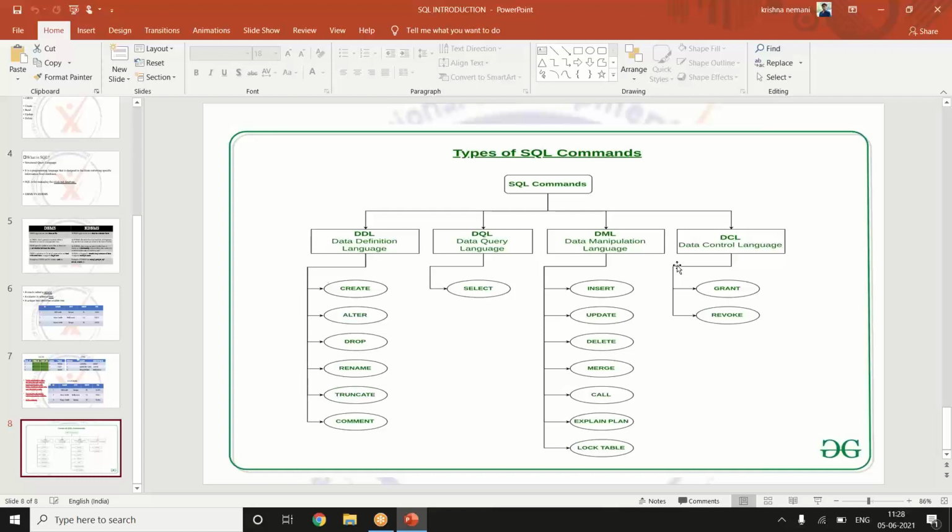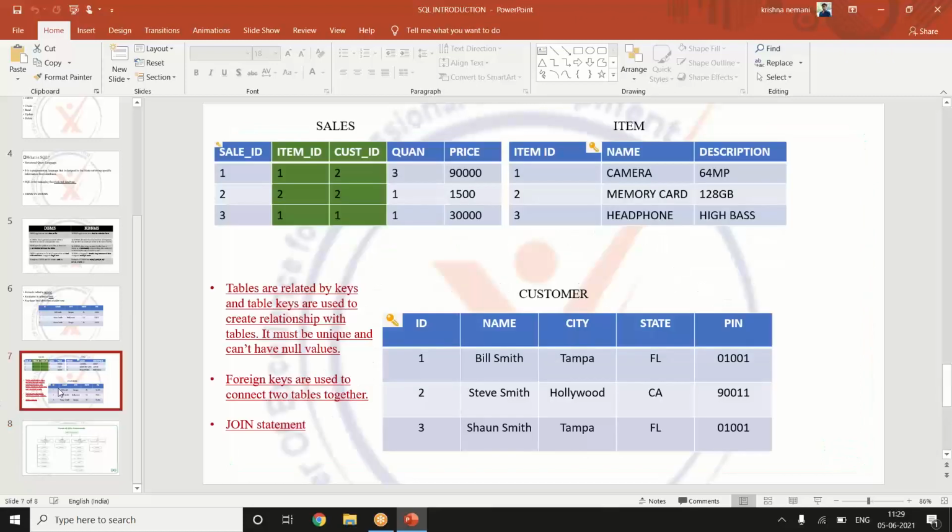Krishna, I have one doubt. Who decides the primary key which we use as a foreign key later? That we can decide. We first create all these tables. You can see we have created a customer table and an item table. If we want to view how many sales have happened, we create another table